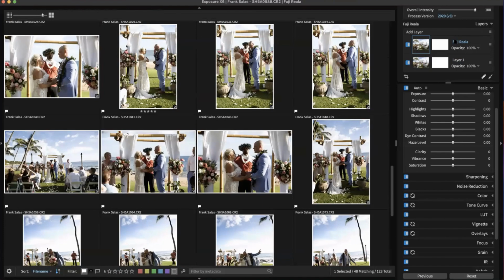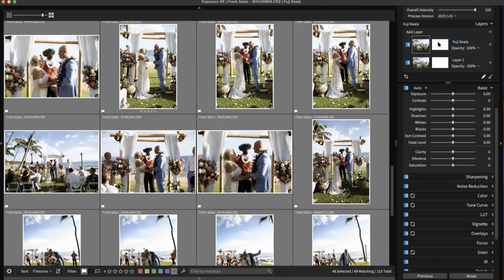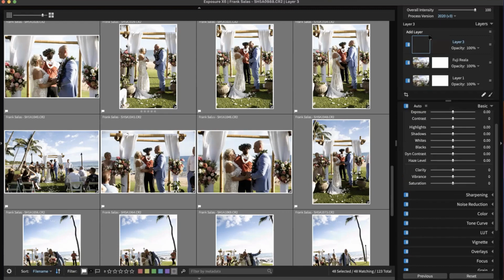So now I have, oh, I'm going to do one more thing. So now I have a layer on the bottom, which was our basic edits. Then I have my Fuji Reala, that's my preset layer, that's the look that I'm giving to these images. And then I have one more thing that I want to do, and that is control light and shadow. Okay, and so I'm going to add another layer, and I'm just going to rename it